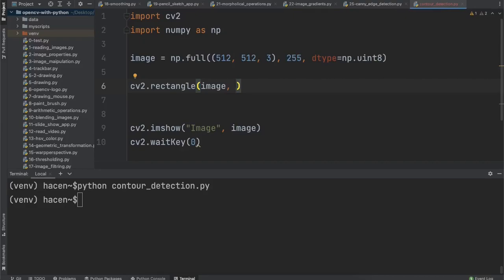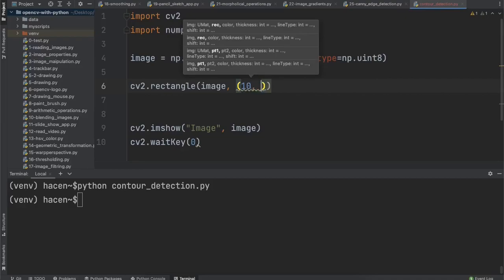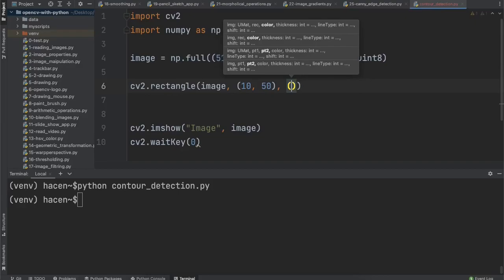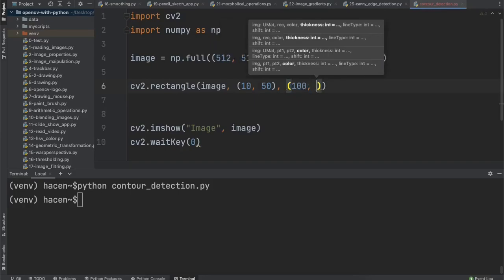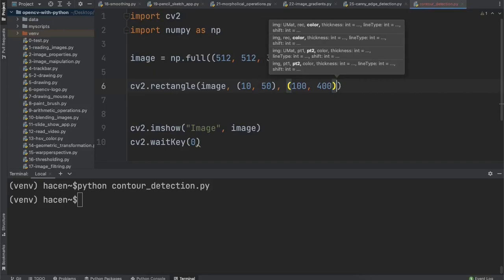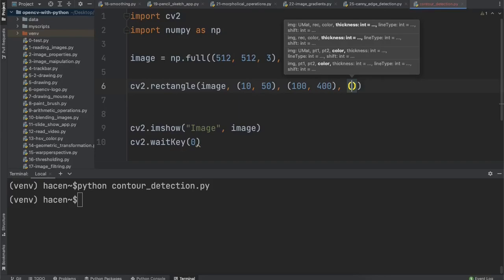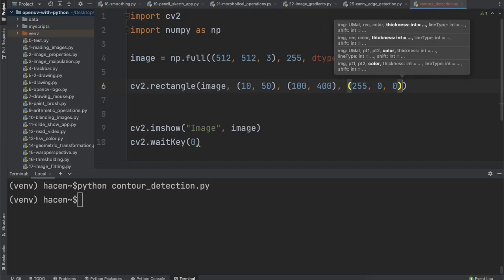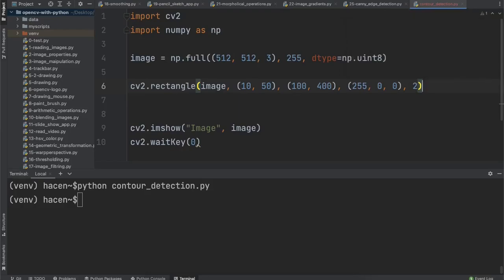So if I give it, for example, 10 and 50, and also the bottom right corner, for example 100 and 400, and a color of, for example, blue, 255, 0 and 0, and a thickness of 2, for example,